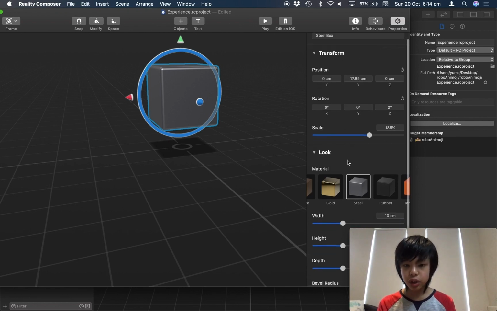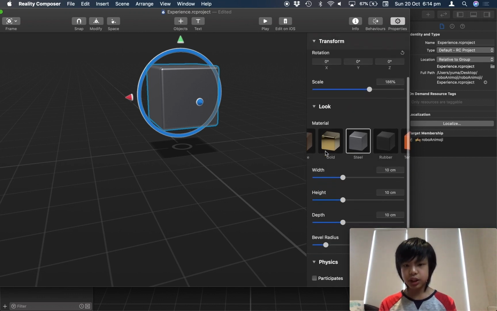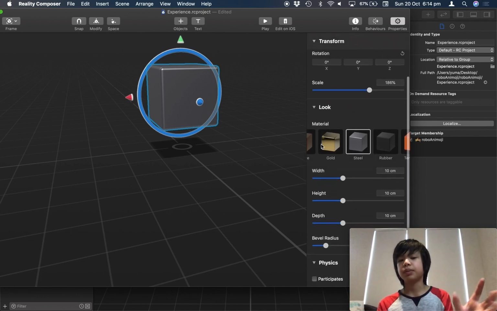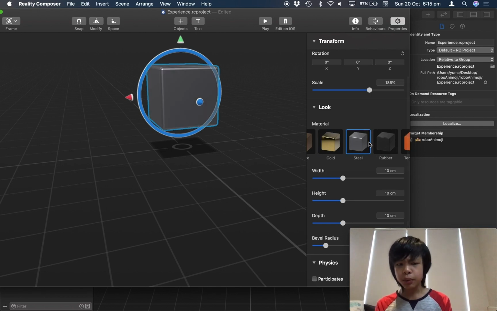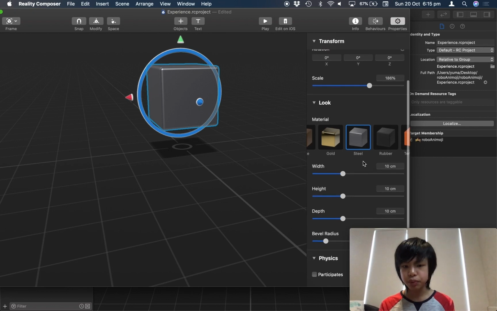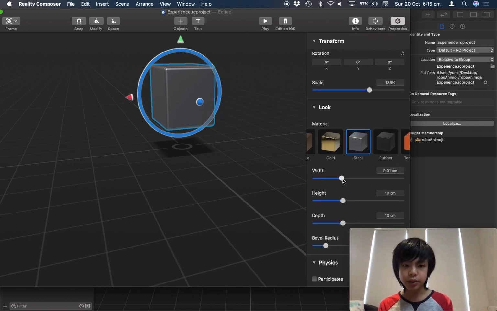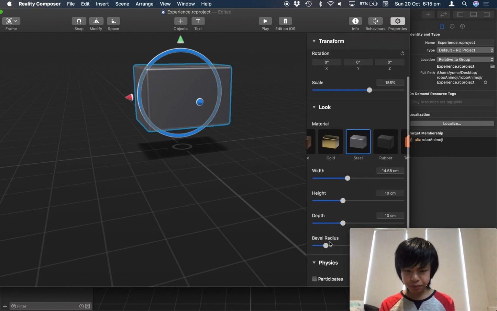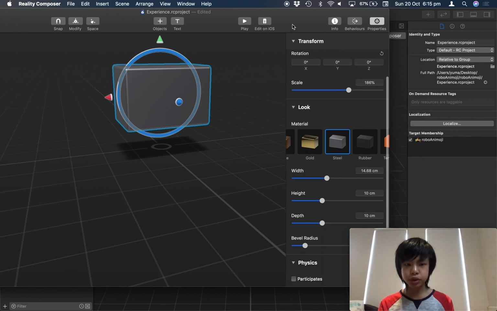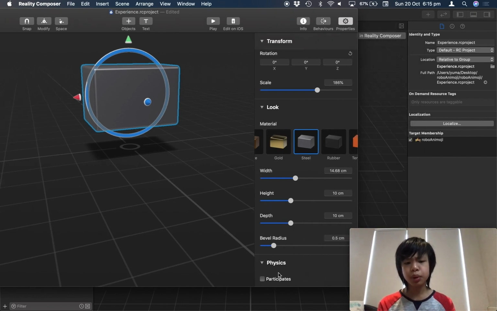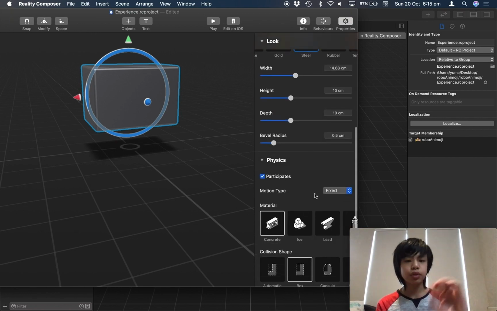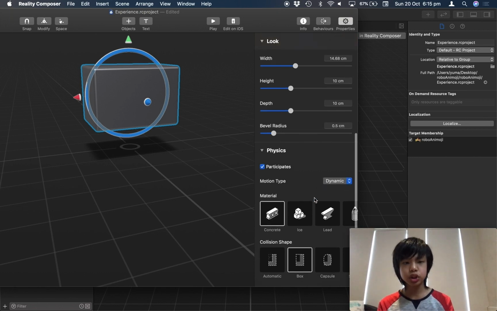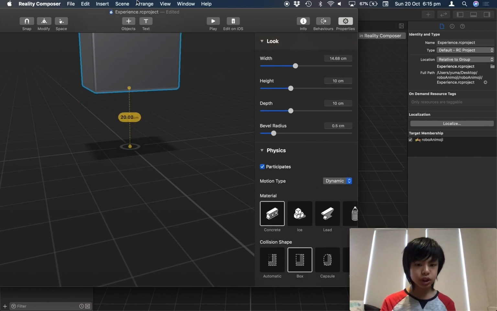And currently, you can have a look and feel of a material. So you can make this gold or rubber. I'm going to leave this at steel. You can change the width and height. And also there's a bevel radius, which is how smooth the box is. For physics, I can make this participate, meaning that it will collide with other things. And this motion type, I'll set it to dynamic, just so it can fall. So if I drag this up,